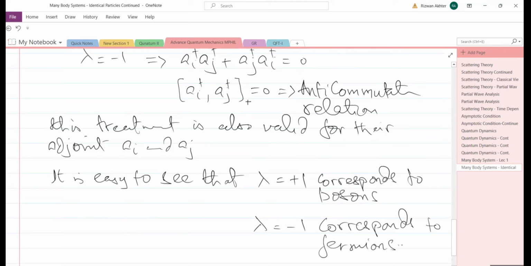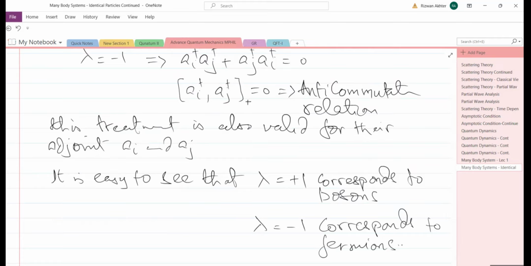Yeah, so this is quite easy. और इस चीज को कि why lambda is equals to plus 1 corresponds to boson and why lambda is equals to minus 1 corresponds to fermion, इसको हम इस तरह से समझ सकते हैं